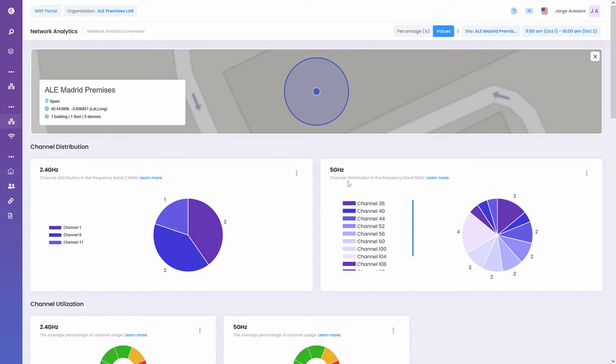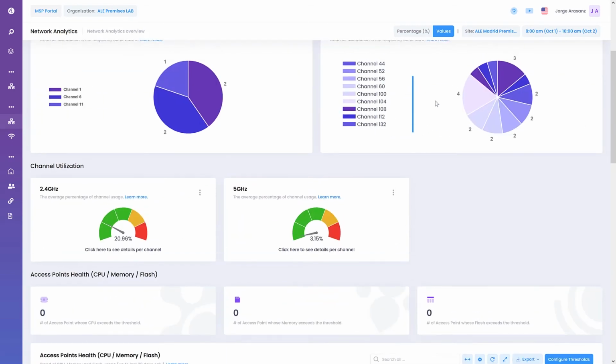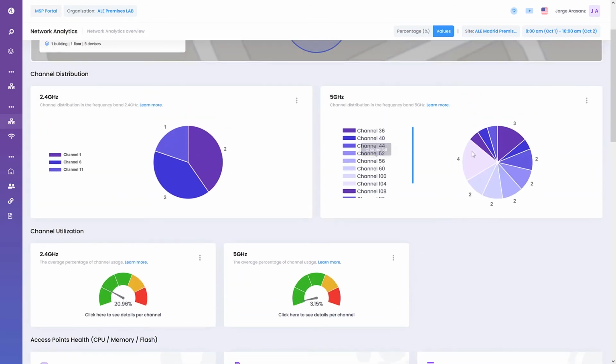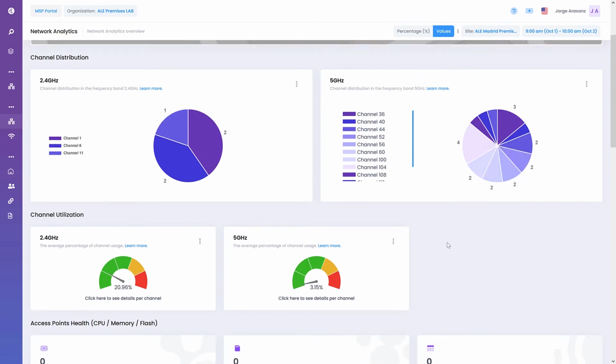So it's perfect. And in the 5 gigahertz band, these APs are dual 5 gigahertz, which means they have 2 radios in 5 gigahertz and 1 radio in 2.4. We have many channels in use in the 5 gigahertz band, and here you can see how they are split between them.